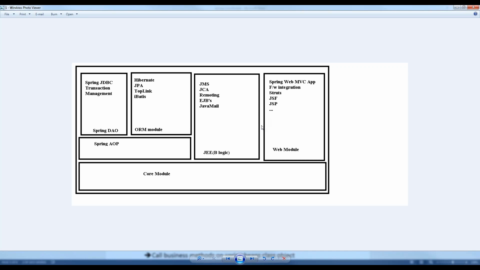By seeing this, we can parse it easily, because they divide our modules into different kinds for ease of development and ease of implementation. They divide it into 20 or 30 modules, whatever it may be. But the thing is, every corporate sector and every company follows Spring 2.x.